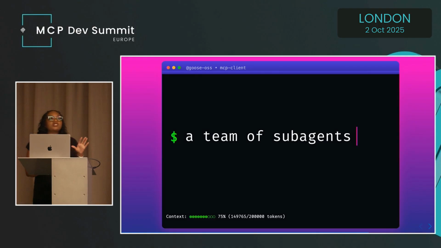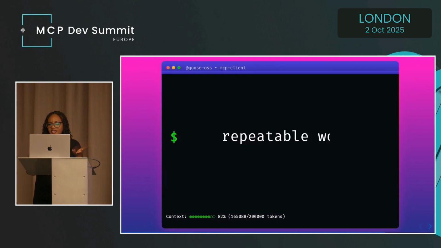Now, all of that was done with Goose sub-agents, but in the interest of choice and optionality, Goose can even spin up sub-agents from other MCP clients. Would you look at that? Agent to agent collaboration without inventing a whole new protocol. Who would have thought? Y'all supposed to laugh.